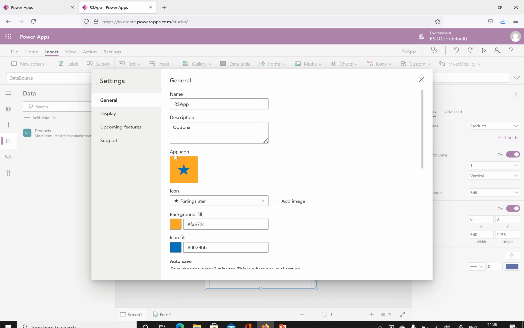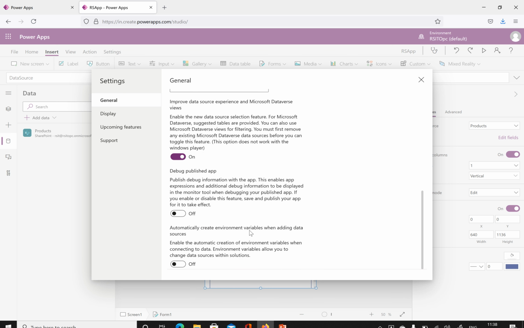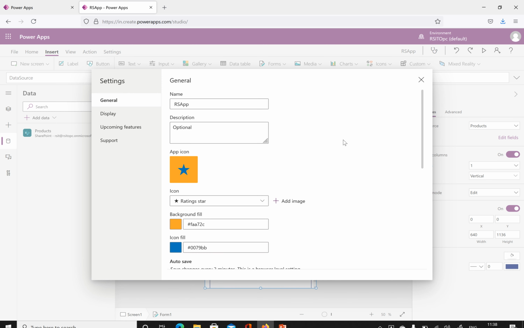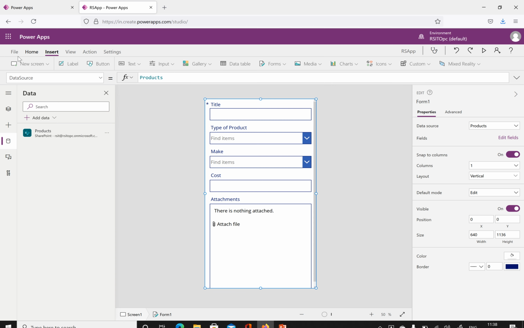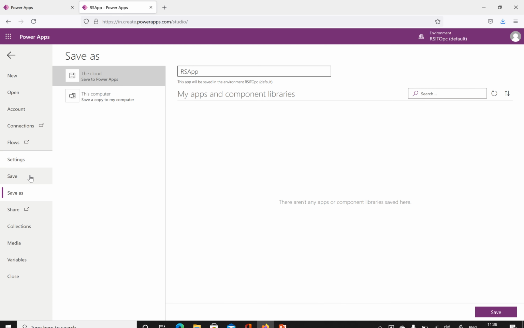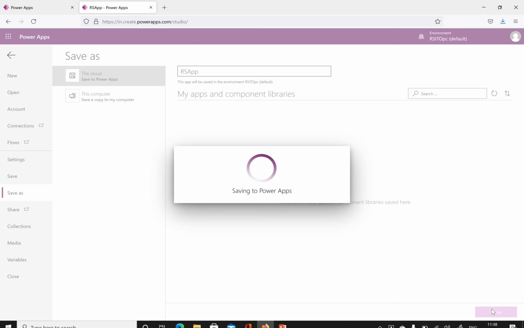Now we'll come back, and we have the display settings. We'll discuss that one also once we check this icon. Now we are done with the changes. You don't need to save, it will save automatically. Now we need to save the app. Come back, and now when I click this save, here we have the save option.